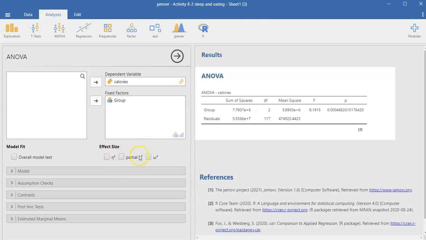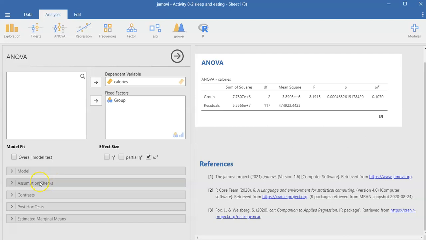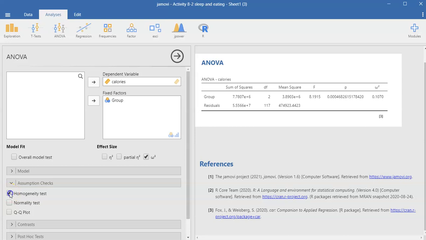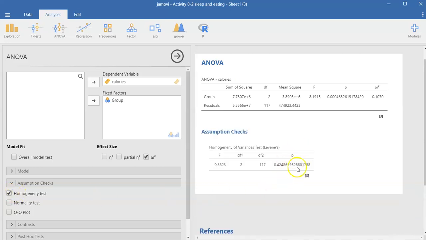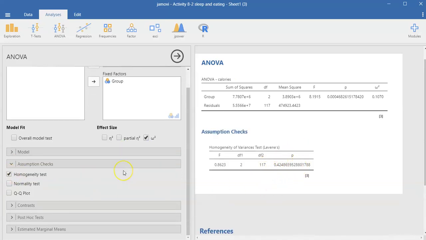You want to get the effect size for the overall omnibus F, and we want to use omega squared, so you'll click on that. This activity also asks you to check for the homogeneity of variance assumptions, so you could click on assumption checks and then check on homogeneity test, and then it'll give you this Levene's p-value that we are aware of,